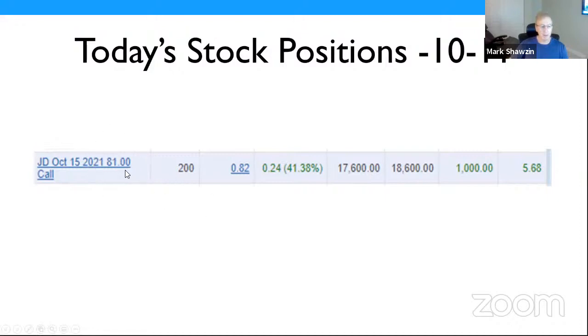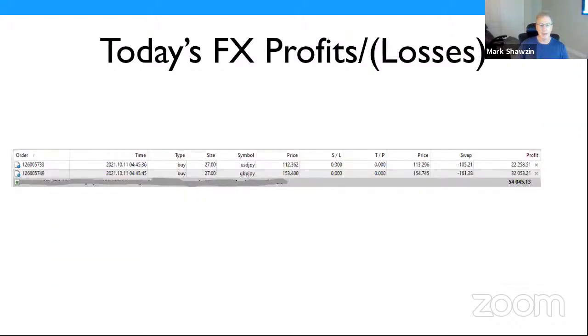I doubled my money, waited for a pullback, and then I layered it, putting on some calls at the end. I bought some 81s that expire in 2 days. It's a high form of gambling to buy these call options, especially so close to expiration. But I think that JD will continue going strong even into tomorrow. And then I ended up with these